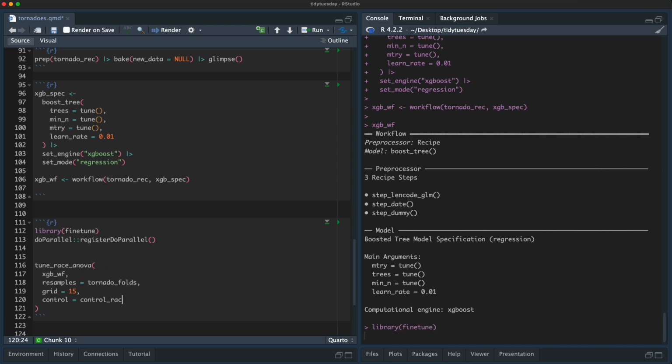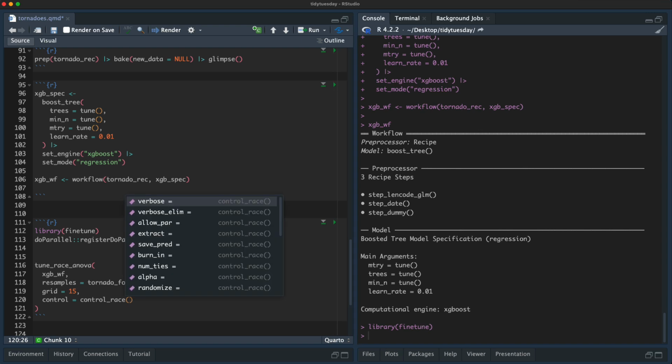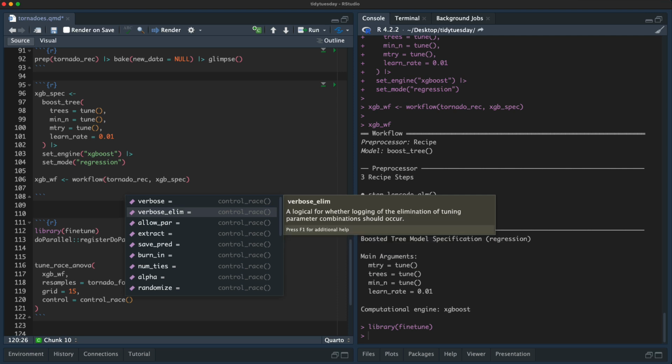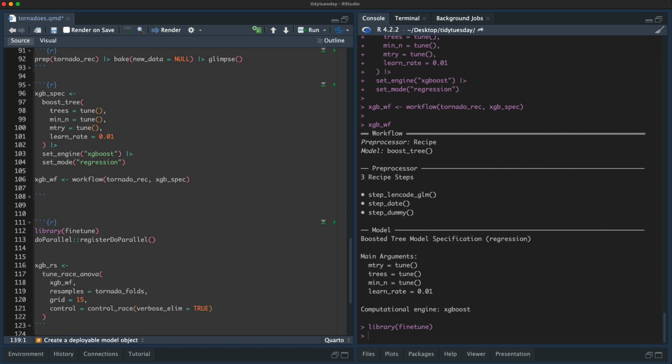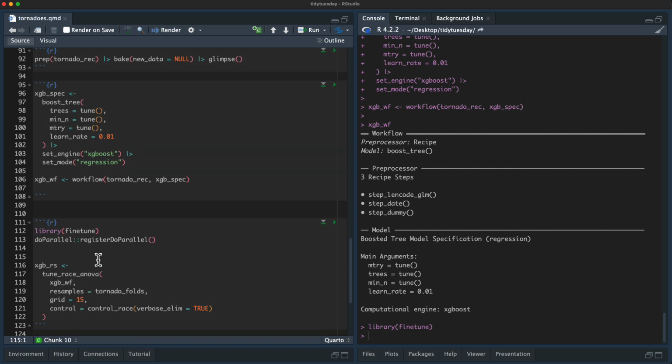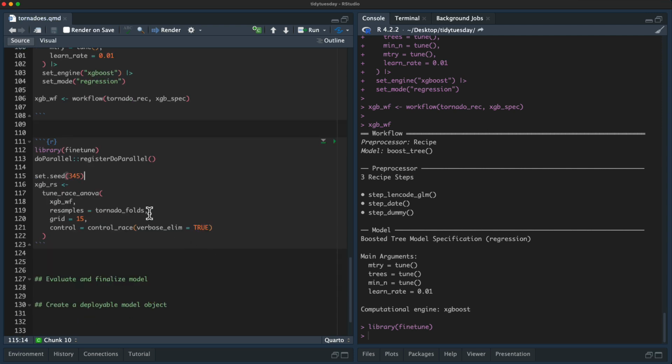Okay, let's do the race control, and let me do this so you can just see what is happening as it goes by. Okay, I sure had better save this as something. Don't need to do it all and not assign it. And then I'm going to set seed here too, just so that this is reproducible, since this part includes randomness. So let me kick that off.